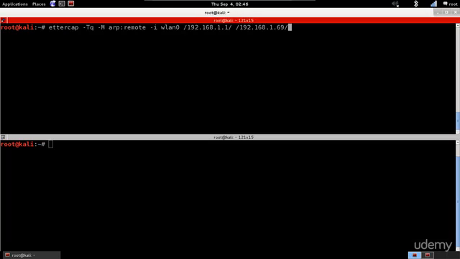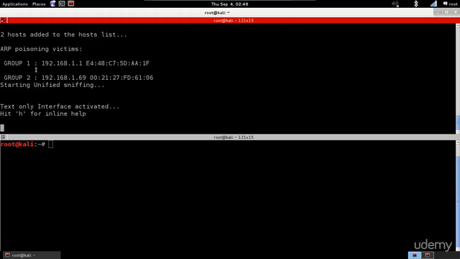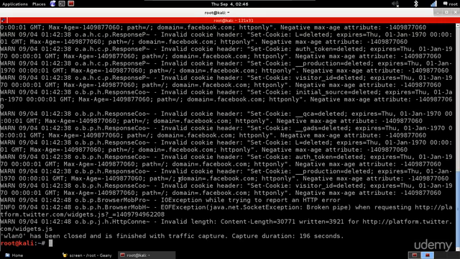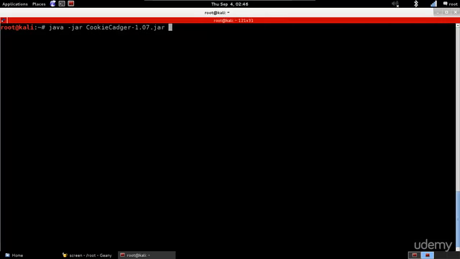So first thing we're going to do is ARP poisoning, the same way we've been doing it. So ettercap -TQM arp:remote, the wireless card, and then we put our targets. Gonna hit enter. Make sure the targets are correct. Then I'm going to enable IP forward, and I'm going to use a tool here called Cookie Cadger. Now you can download it from the link I have in the slides, and then you can run it using java -jar cookiecadger.jar. So I'm gonna hit enter,